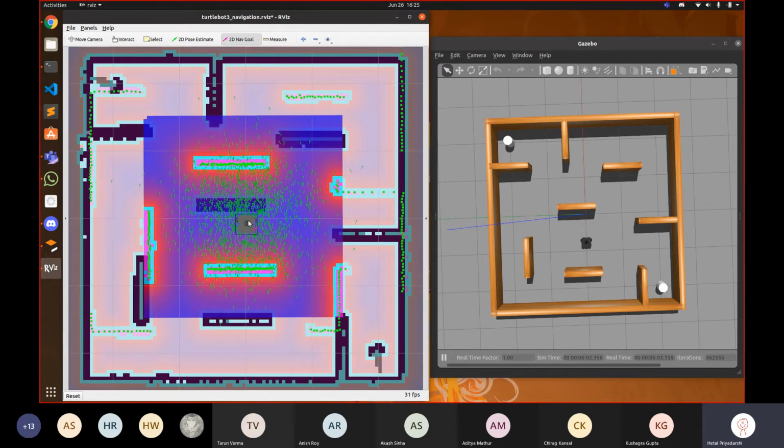Let's say it's a 2D plane, right? And you have a robot. What information do you need to define where the robot actually is? You need the x coordinate, the y coordinate, and one angle, the orientation as to where the robot is looking, right? You need these three things in a 2D plane. All of that together is called the pose of the robot: the coordinates and the orientation. So three things: X coordinate, Y coordinate, and the orientation.